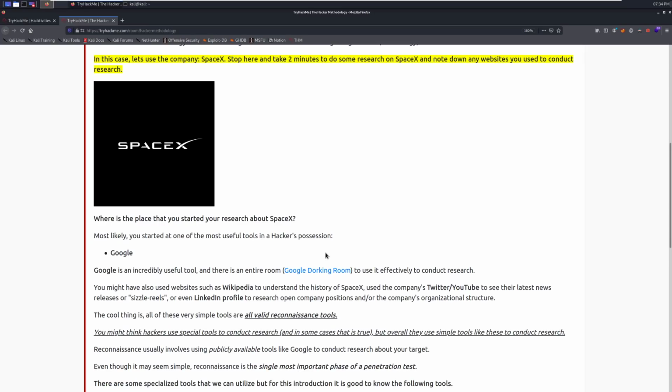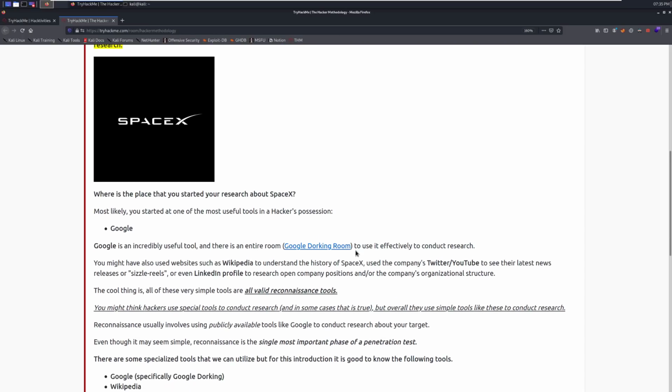Most likely you started at one of the most useful tools in a hacker's possession, Google. And as anyone that's done any programming knows, Google is your best friend. Most of your job with being a hacker is going to be Googling what you found and figuring out what exactly it is. Google is an incredibly useful tool, and there's an entire room, Google Dorking, which I highly recommend